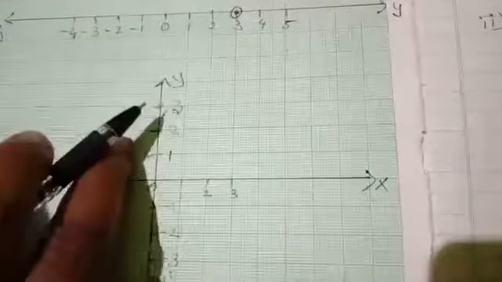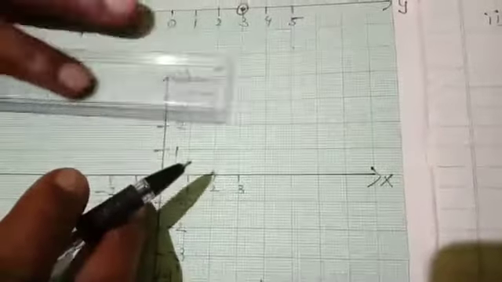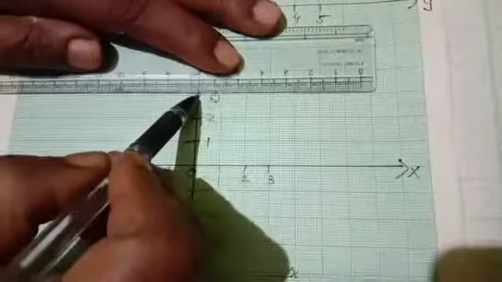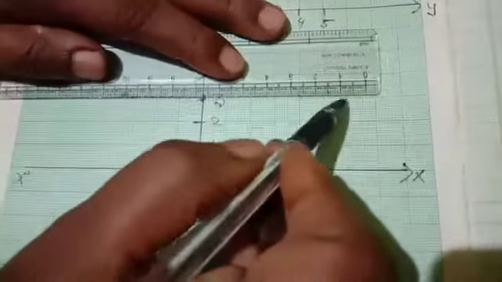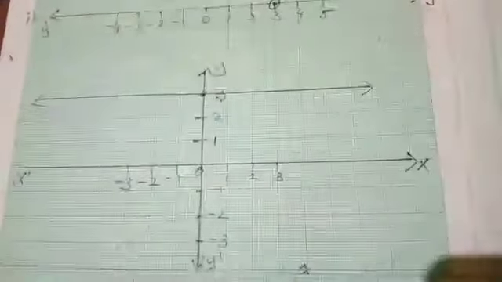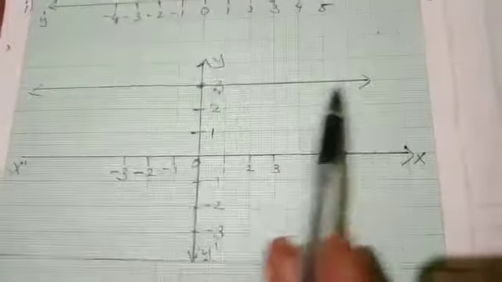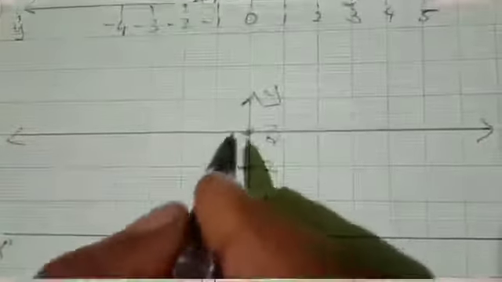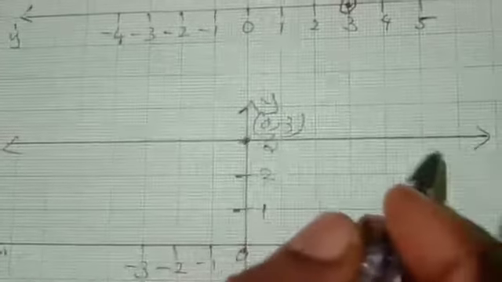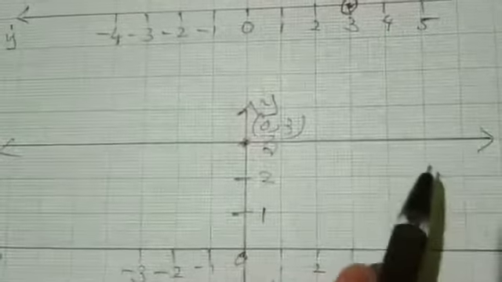So we have to draw for two variables. It means the line is parallel to the x axis. This is called 0, 3. So we have to draw a line parallel to the x axis. In two variables we have to show this line. This point is 0, 3. It is a collection of all points of the plane having their y coordinate as 3.